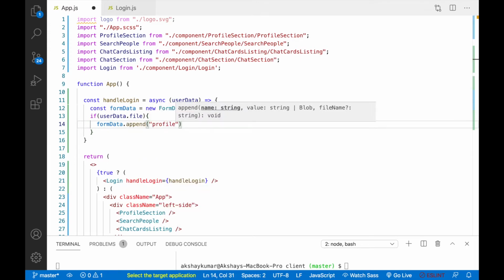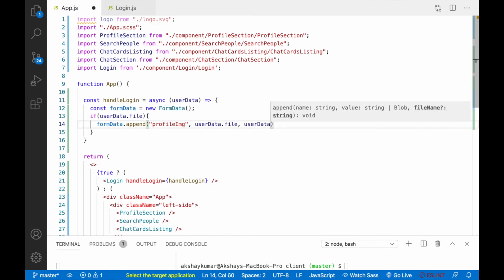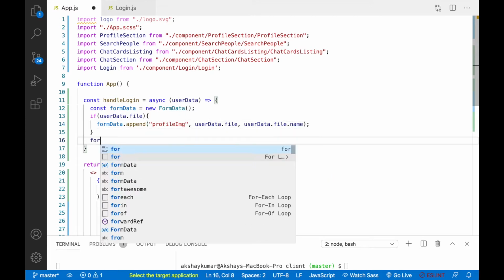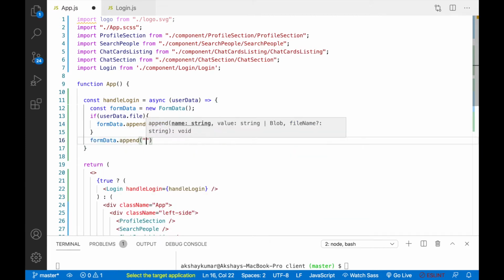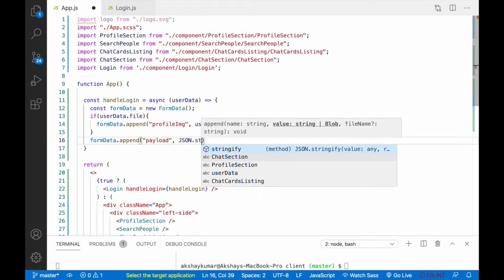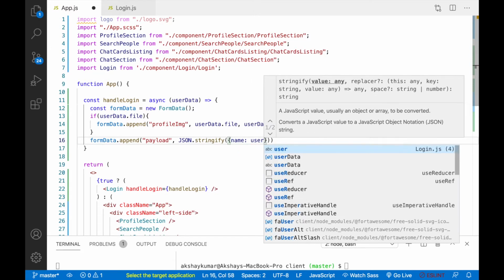Okay, here we'll write profileImage, userData.file, userData.file.name. After that we'll write formData.append. Here we'll write payload, then JSON.stringify, and we'll pass name as userData.name.